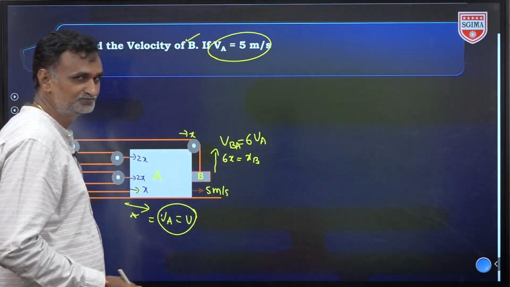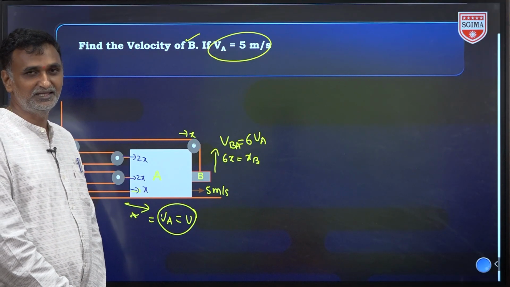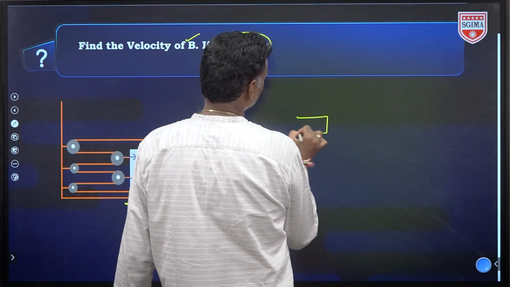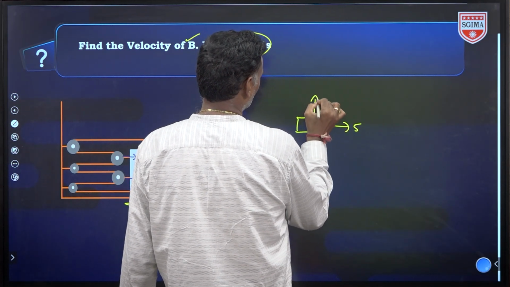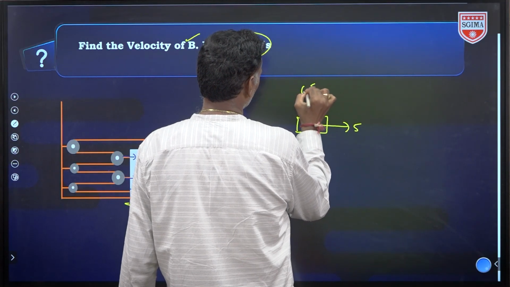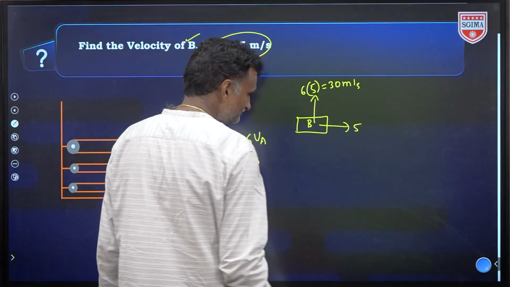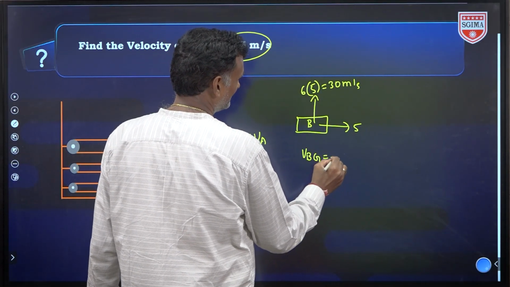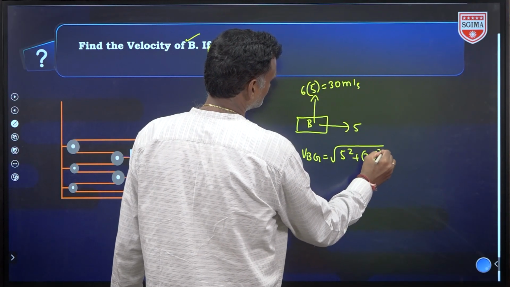Simply we can write. Okay na? So then again block B has a velocity in two directions. So we can write here: right side 5 meter per second, upside 5 into 6, that is 30 meter per second. Okay. So then VBG is equal to root of 5 square plus 30 square,